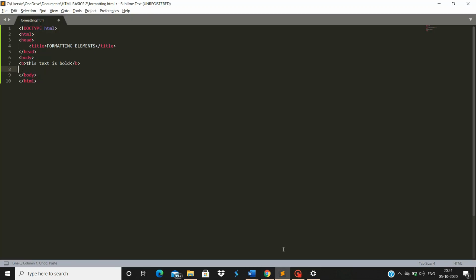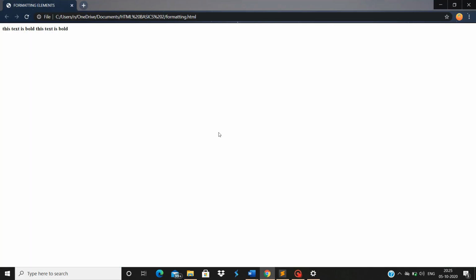See, this one is with the bold tag and this is without the bold tag. Now the strong. We can see that there is no difference between both of them.